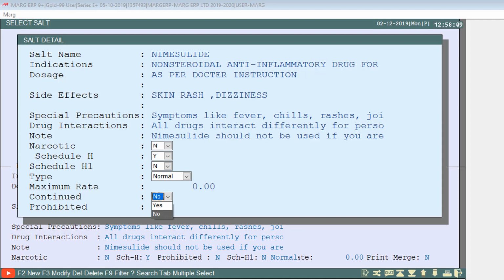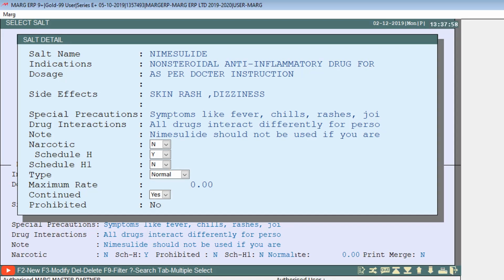And if you want that this salt item should not be shown in the item list and your operators won't be able to do the billing of its related products, then you can set it as prohibited, due to which this salt and its related items will not be shown to your operators at the time of billing. In this way, you can mention its salt details.